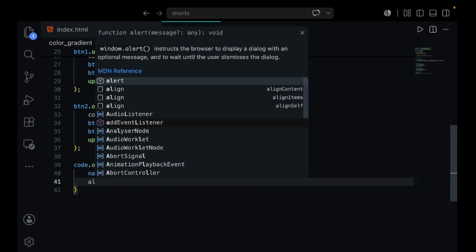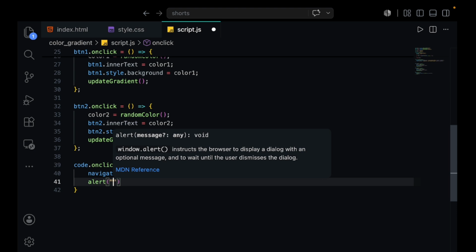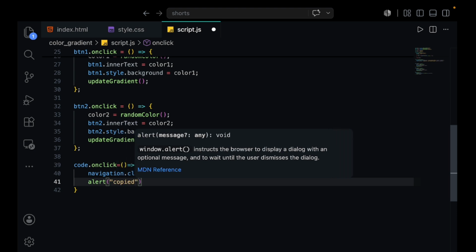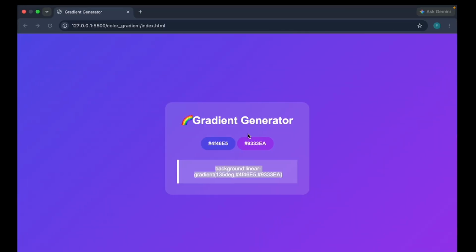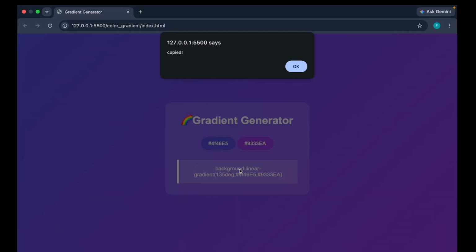So for that let's give an alert where we're going to show copy. Yes. Okay. So whenever I click on this box, we have a pop-up called copy.